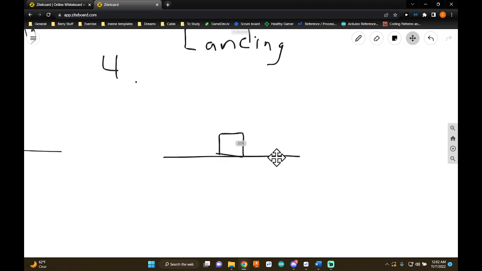Well, if we're using Rect Mode Center, which I think we are, and if not, we should go ahead and implement that. But if we're using Rect Mode Center, like you've been doing for most of the semester, if you're taking 103 at least, that means the y value of your player when you're hitting the ground will be right here. But what is this value? Well, we know that we call the height of the player h, and we also know that the y of the bottom of the window is the built-in variable height, which means that the y of our player when we hit the ground is going to be equal to the height of the window, which again represents the y of the bottom edge of the window,